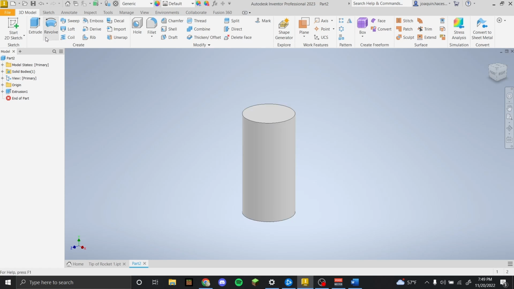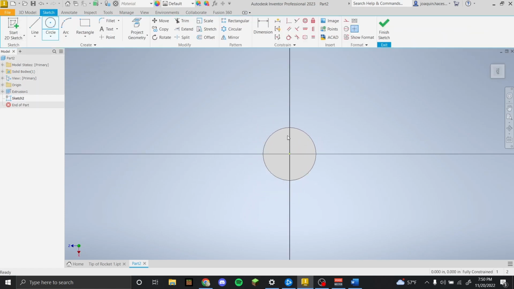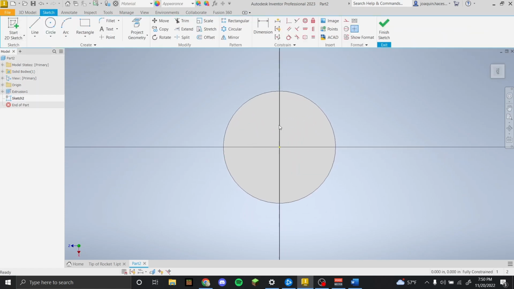From here, we're going to make a small hole for our rocket tip to fit into. So to do this, we're going to press on this platform here and click on this option right here, or press the 2D sketch option. This will allow us to draw on the top surface of the cylinder. From here, we want to draw another circle here. This one's going to have to be slightly bigger, so